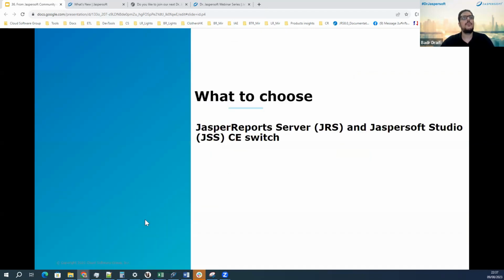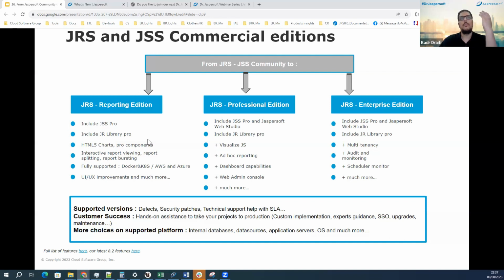And remember here, no matter what edition you choose, Reporting, Professional or Enterprise, you have support. They are all supported, meaning defects, if raised and confirmed, will be solved. You have security patches, and you have a technical support team ready to help you, with service level agreements. And you also have customer success, which is a team where we give you hands-on assistance to take your projects to production. So we work with you hand in hand